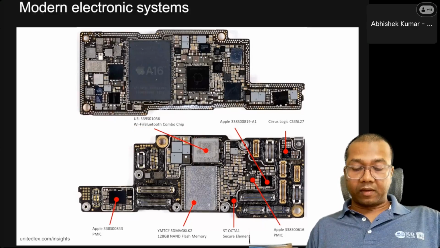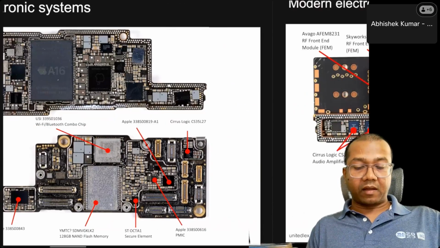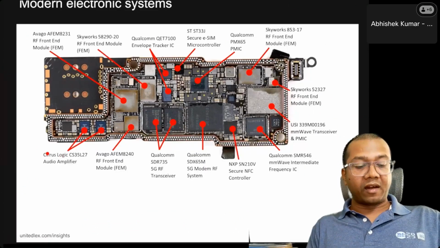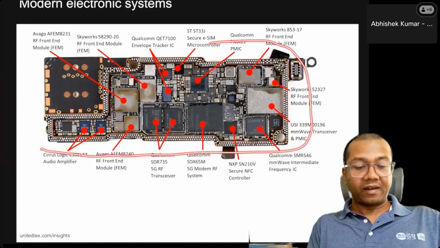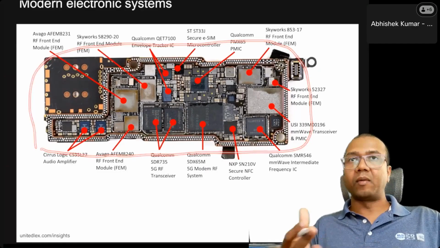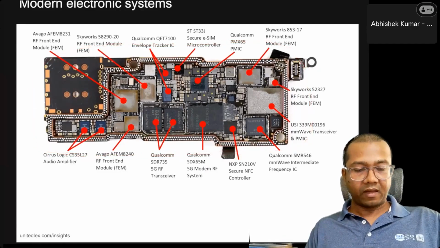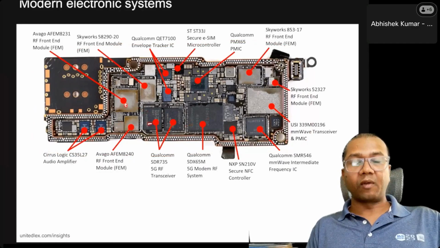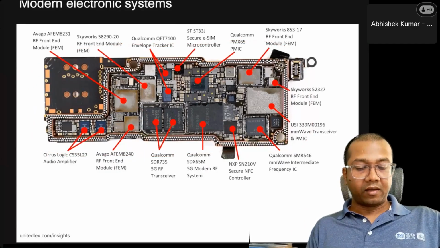So just taking it one step further, here I am showing you another circuit board, which is also present in most of the modern mobile phones. And here you can see that most of the ICs which I'm showing are going to be predominantly analog or RF in nature. Okay, so just to give you an idea, so here you can see this is a front-end